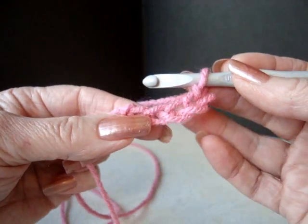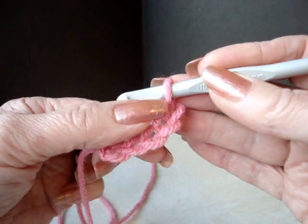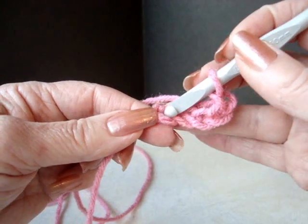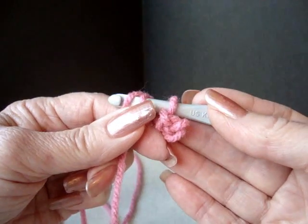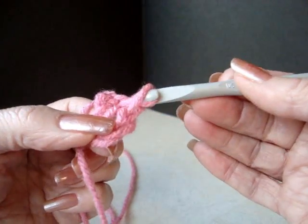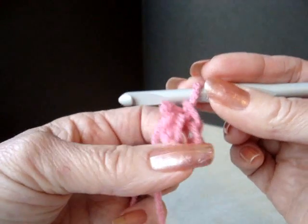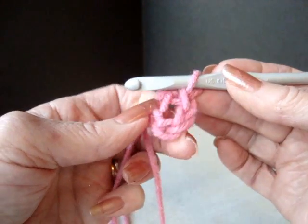Now to make a flower, we're going to work in the round. So to work in the round, it means we have to join this stitch with this stitch. To do that, we simply put the hook through the stitch, yarn over, bring the yarn through that stitch and through the stitch on the hook. Now we have formed a ring, and we will be working into the ring to make the petals of the